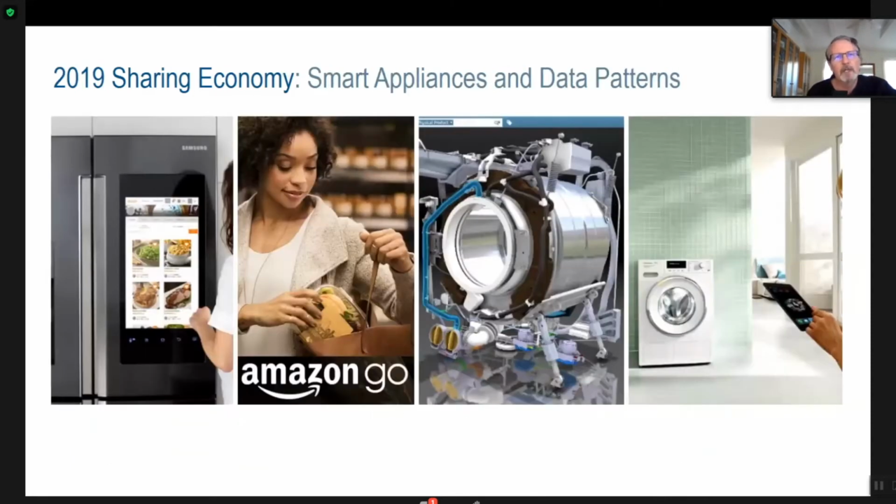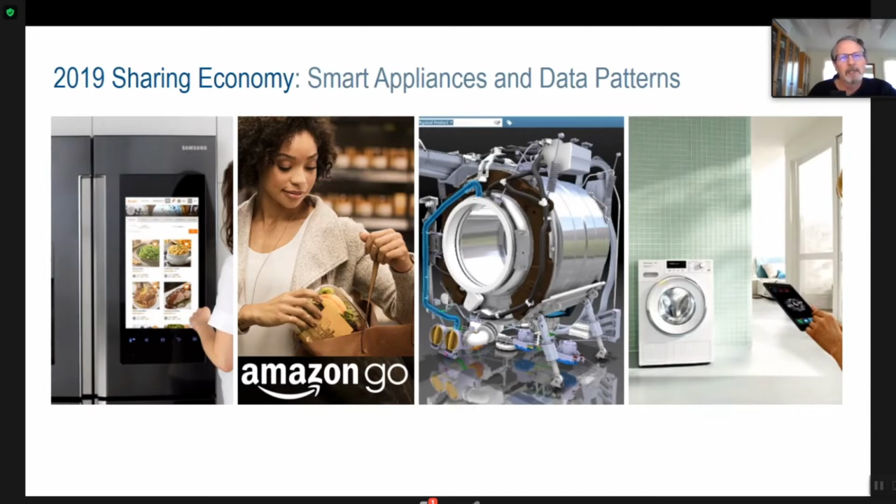So if we translate that from just a new economy in general, and we start thinking about smart appliances and what's happening there, we see a Samsung refrigerator, for example. It's got a camera inside. It synchronizes with your phone. You're able to keep your grocery list on the front of the refrigerator like a whiteboard.